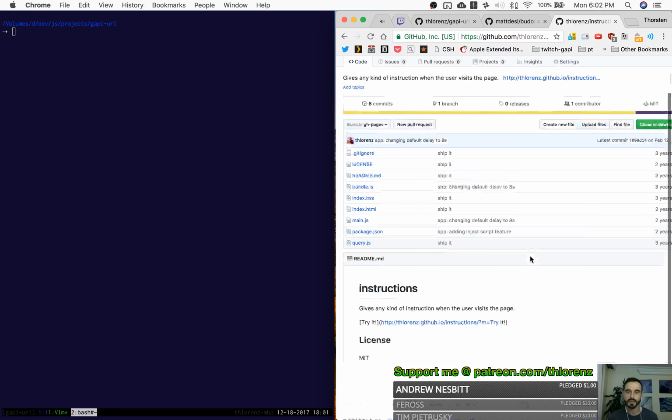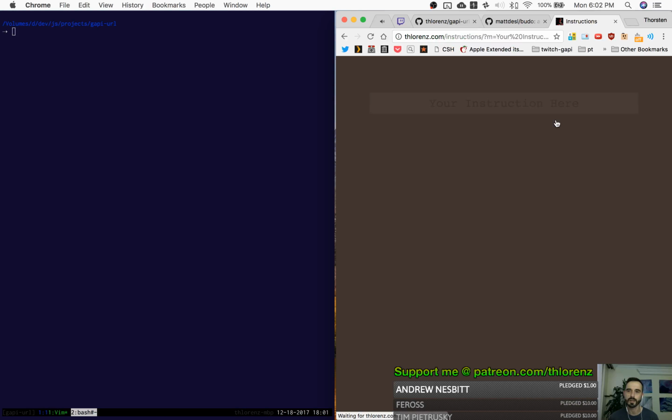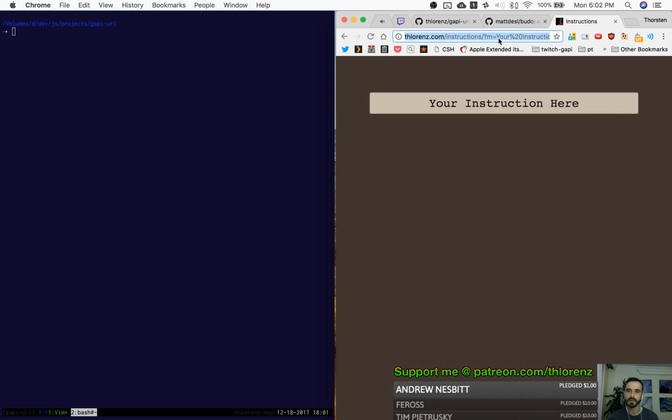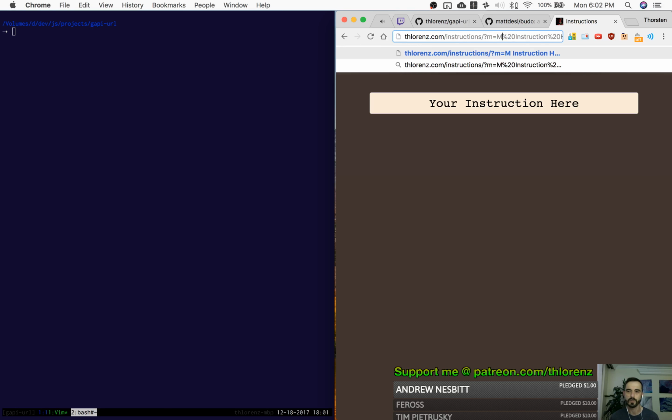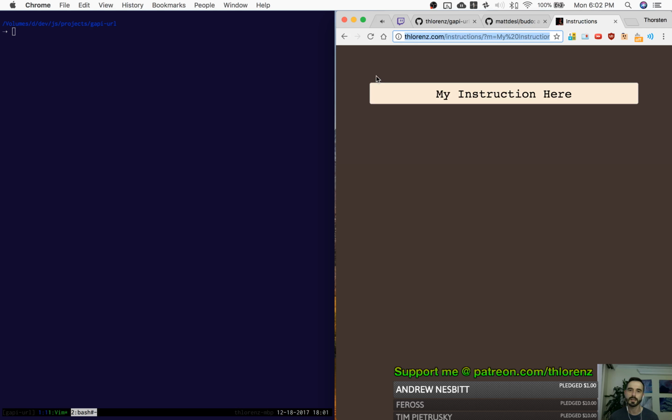So what is this? Instructions is basically this thing that I created a while ago that allows you to put anything in here in the message and it will show up in the page. It's kind of like, you can create the page as you want. So I could say my instruction here and now change to my instruction. And the idea is